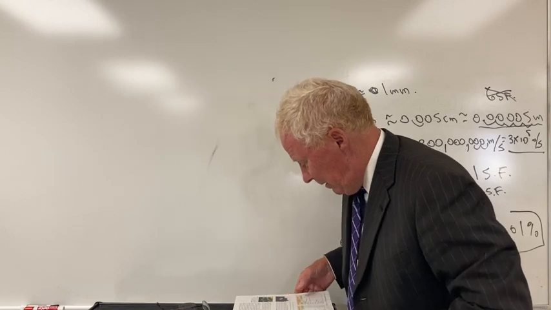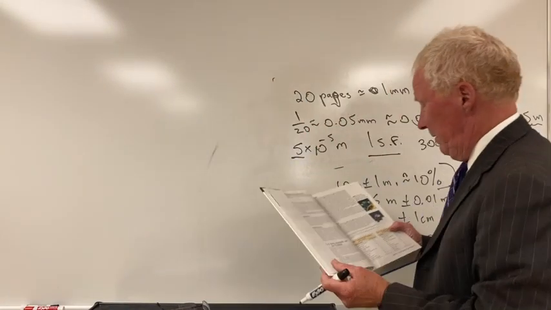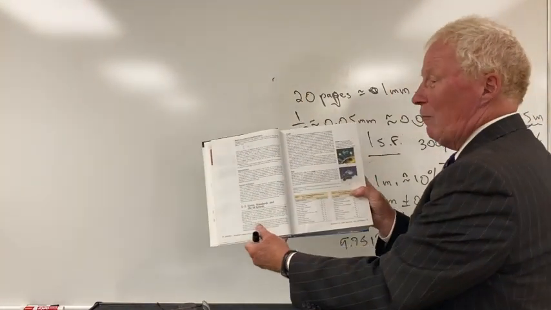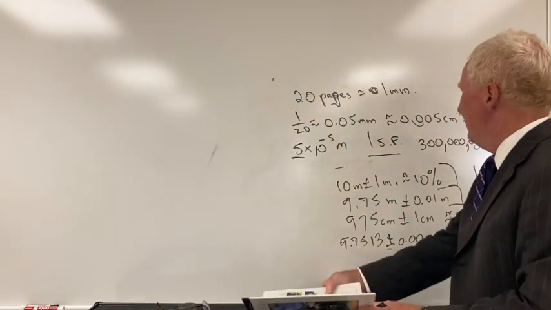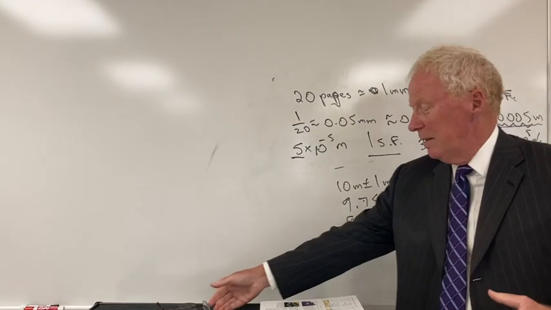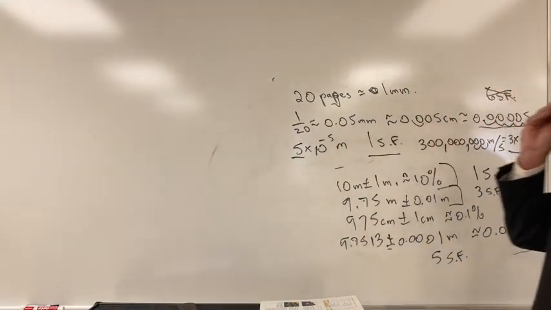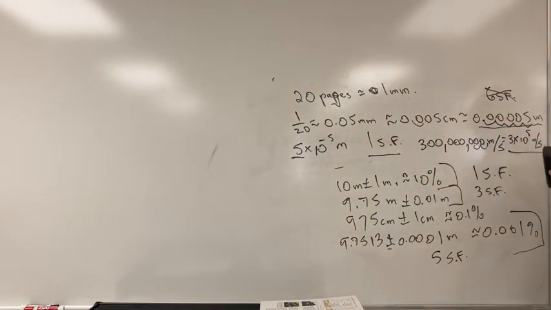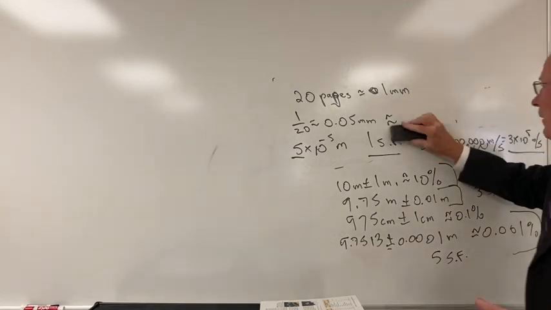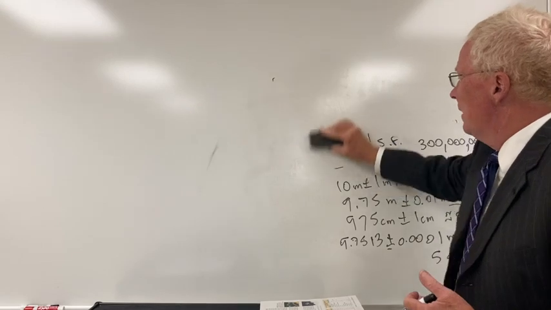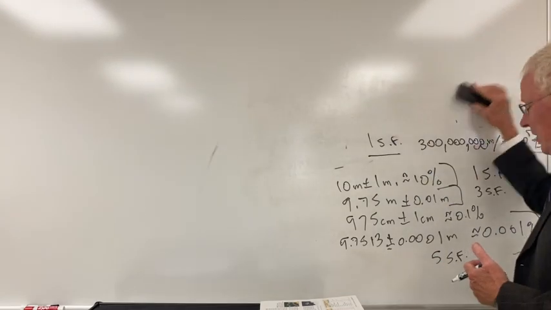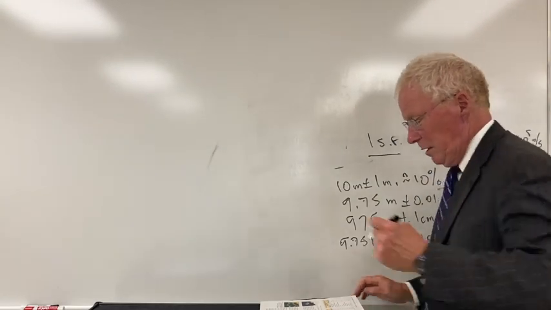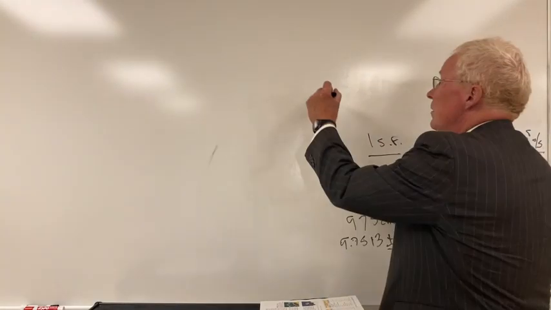All right, but that's a very approximate thing. That's what I use a lot of times, 3 times 10 to the 8th. It's a very close approximation. It works perfectly well. But the actual speed of light, based on the National Institute of Standards in Boulder, Colorado, is